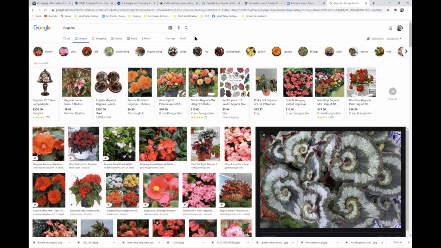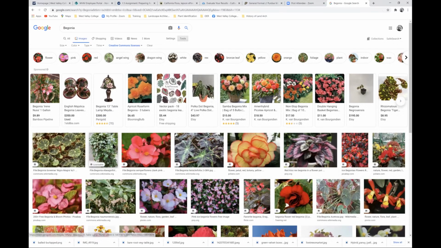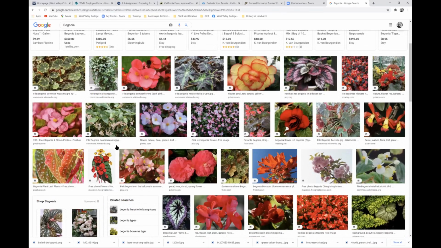do that, okay? Okay, so here we are back at the very top where we did our search. And there is this part here where it says tools. And if you click on tools, you get to usage rights. And at usage rights, you want to go for Creative Commons license. And click on that. Now, what you're going to see, mostly from Wikimedia, are the photos that you are free to use without asking somebody's permission.